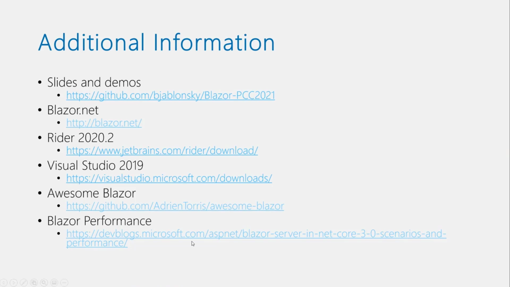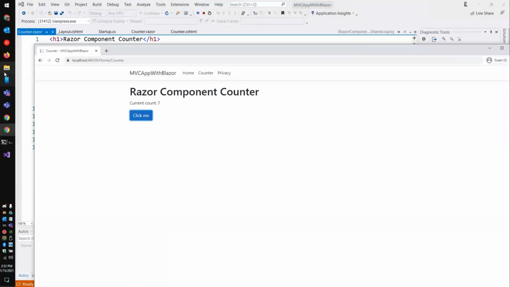And then here's that link to the Microsoft DevBlogs post about the performance numbers. I'm interested to see what the performance is in .NET 5, because this was done for .NET Core 3. So switching back, let's look at the